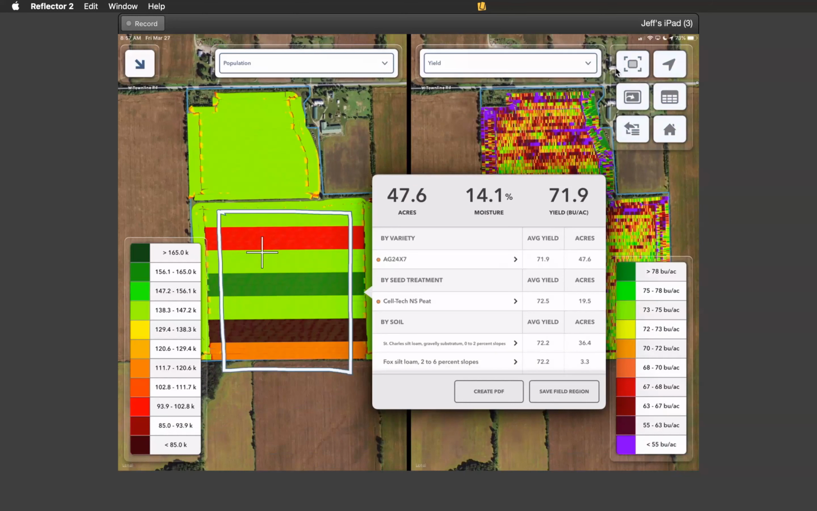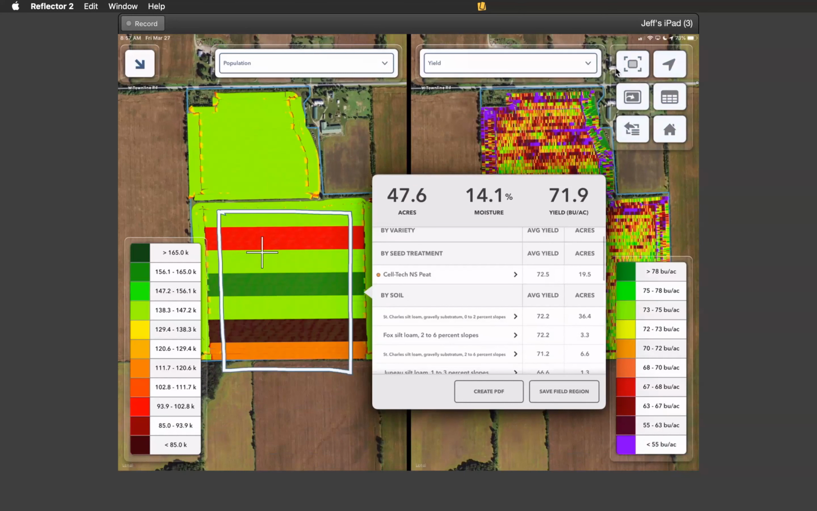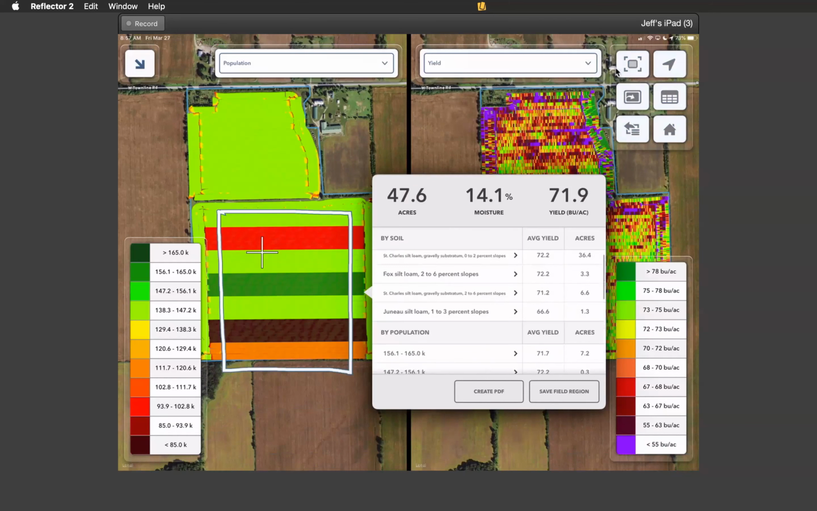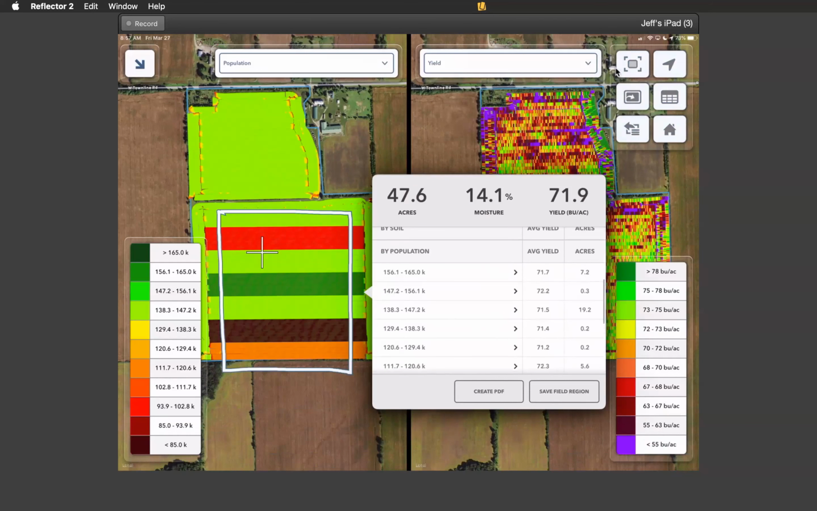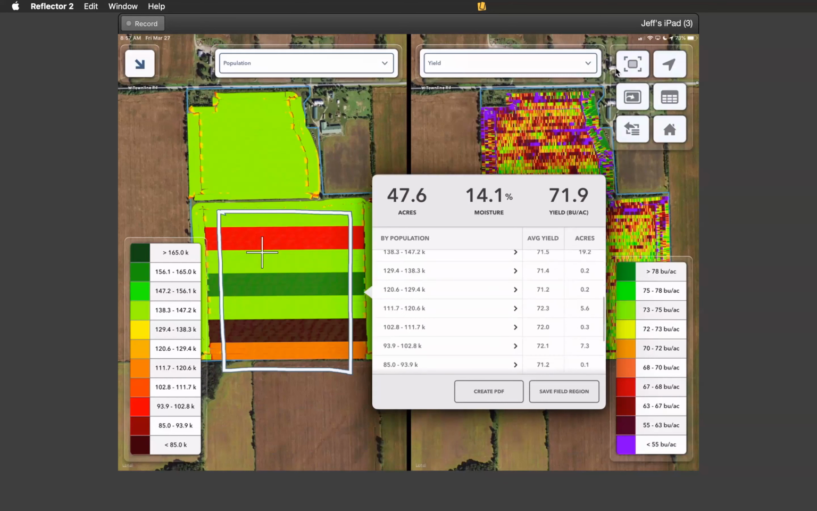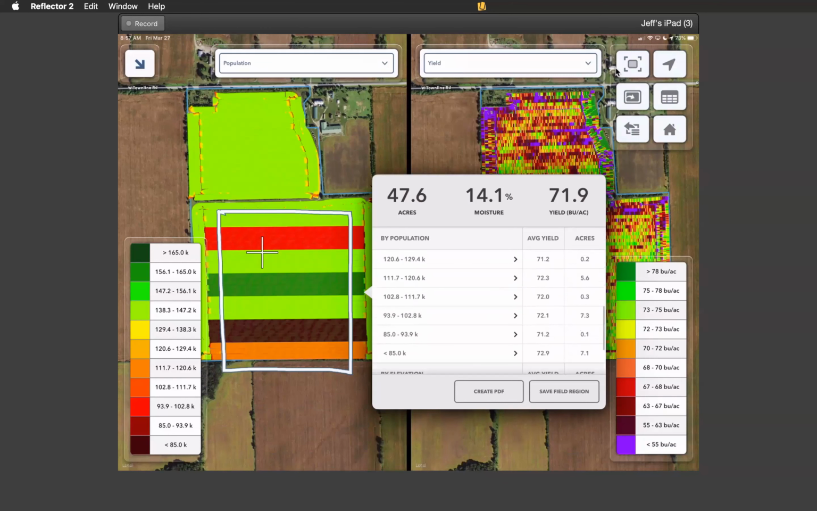We can see that when we had seed treatment, we made 72.5 bushels, so we had a little bit of a higher yield when we used seed treatment than without. Then we have our soil type breakdown, but most importantly here we have our population breakdown, where you can see that when he planted at 165,000 seeds an acre, he made 71.7 bushels. 156,000, he made 72.2. 147,000, 71.5. 138,000, 71.4. So on and so forth down the list to where he planted less than 85,000 seeds an acre,